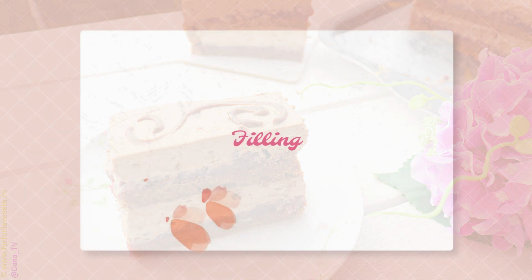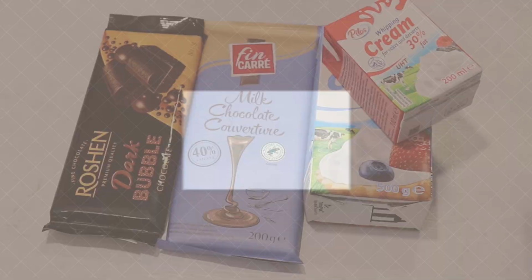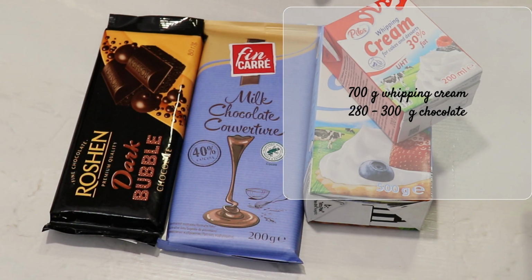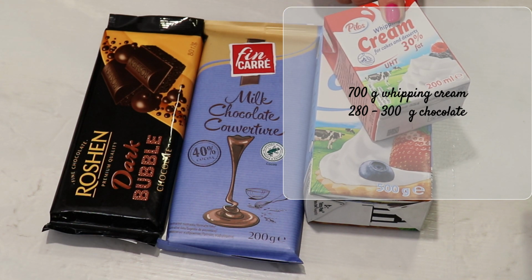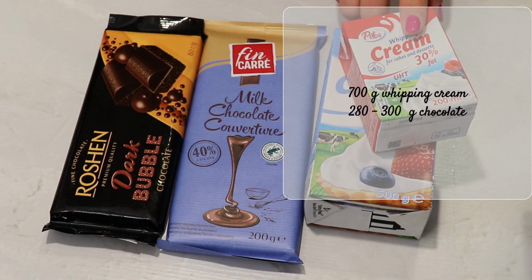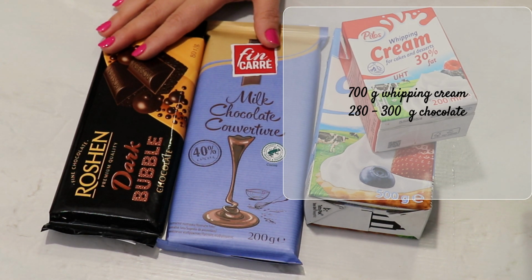I'm gonna start with a chocolate filling, and for this I'm gonna need whipping cream, and I'm using unsweetened one. I have here 700 grams of whipping cream. I'm gonna separate it, actually use 200 grams in the first step and later the rest, and between 280 and